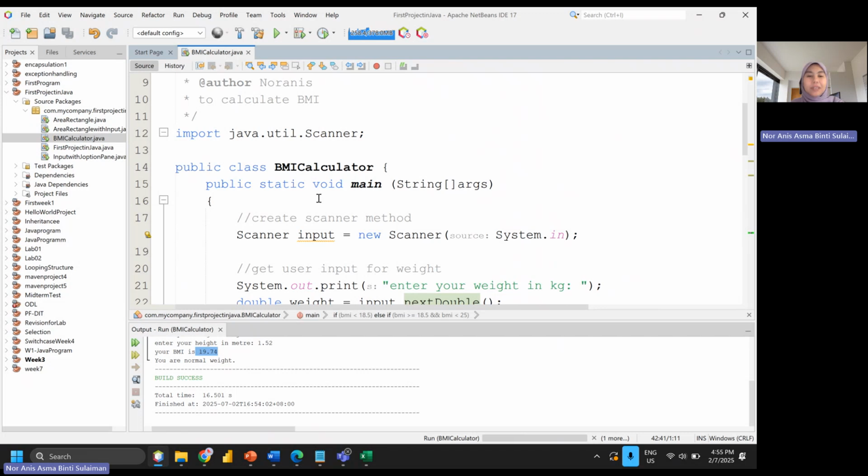All right. So in the next video, I will show you how to use case or switch, which is another alternative for the selection topic. Okay. So perhaps you got the idea of how to calculate the BMI using the selection method. Okay. See you in the next video.